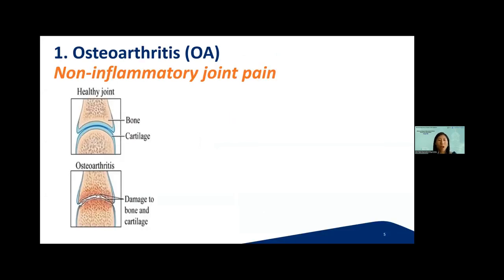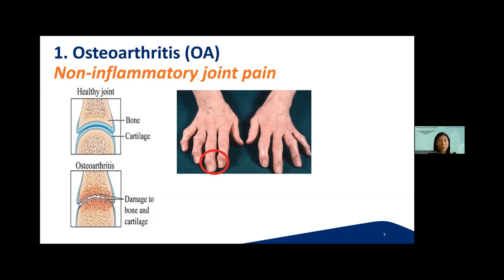So moving on to the first of the 5 common conditions causing hand discomfort that I'll talk about today, hand osteoarthritis. If you recall, OA is due to degeneration of the joint. Thus, you would not observe the usual joint inflammation picture. This figure that you're looking at now, the top one, shows what a healthy joint looks like, and what happens to the joint in osteoarthritis in the photograph on the bottom, where the cartilage is worn out and bony overgrowths can occur, such as seen in the knobbly appearance where the circle overlies.